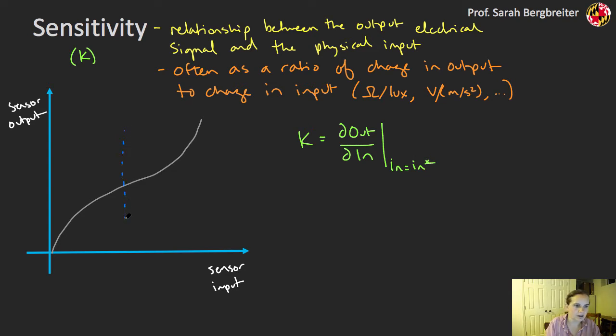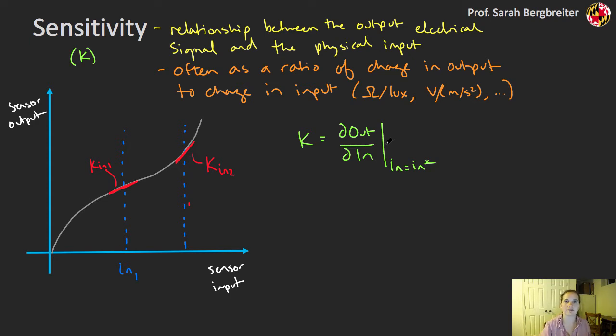So at some input here, I'll define this as in 1. I might have a sensitivity that's basically defined by this slope right here. So this would be K at in 1. At a different, in this case, higher input, I'll have a different sensitivity. So in this case, you can see that sensitivity is much higher. That slope is much higher. So this would be my sensitivity at that input 2 equilibrium point. So as long as I'm, for example, I can assume a linear sensitivity if I'm staying within a particular range of an input. But if I'm trying to measure things over the entire range, I need to take into account